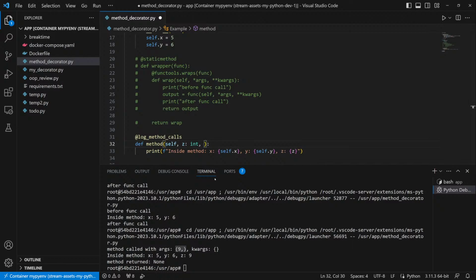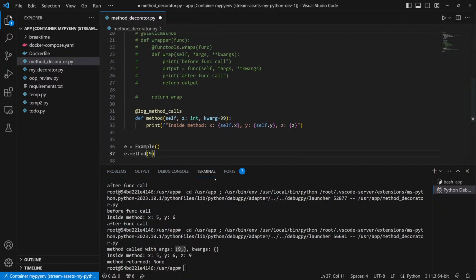We could just add another thing here. So we can just add another one here. And just call it with something else, just so we can actually see some keyword arguments that are being passed in. And that